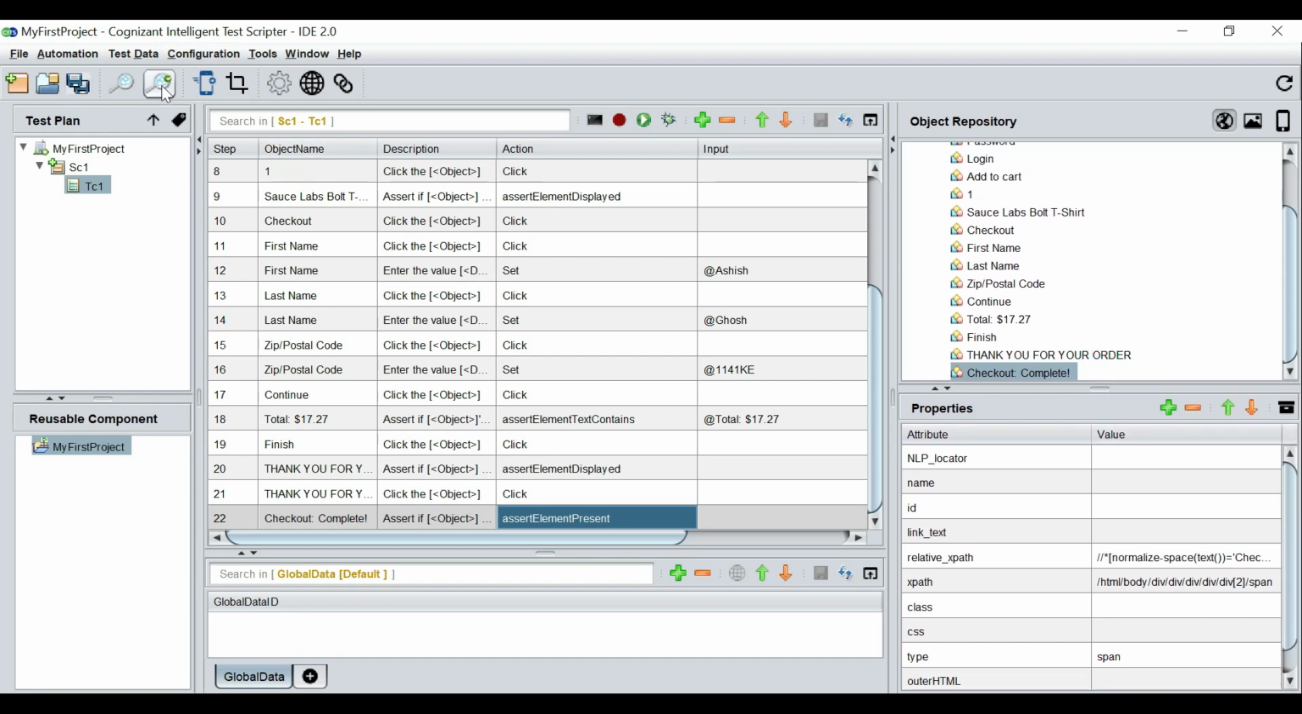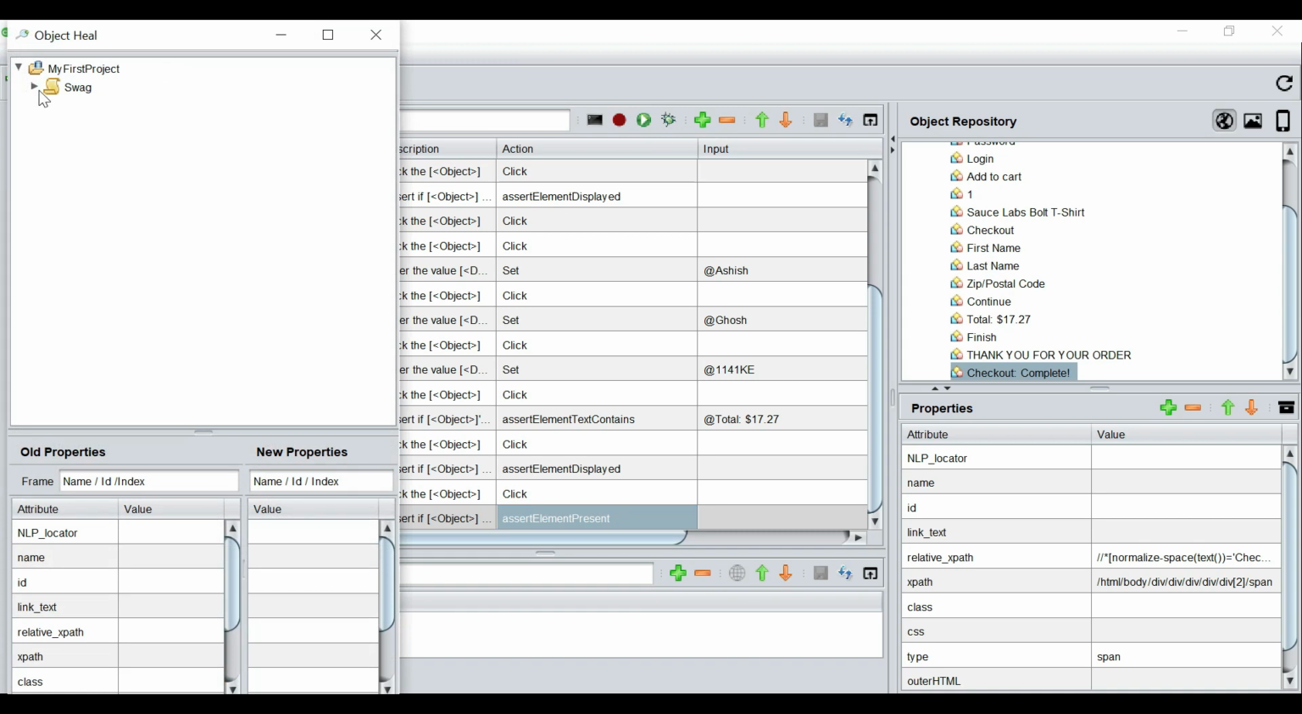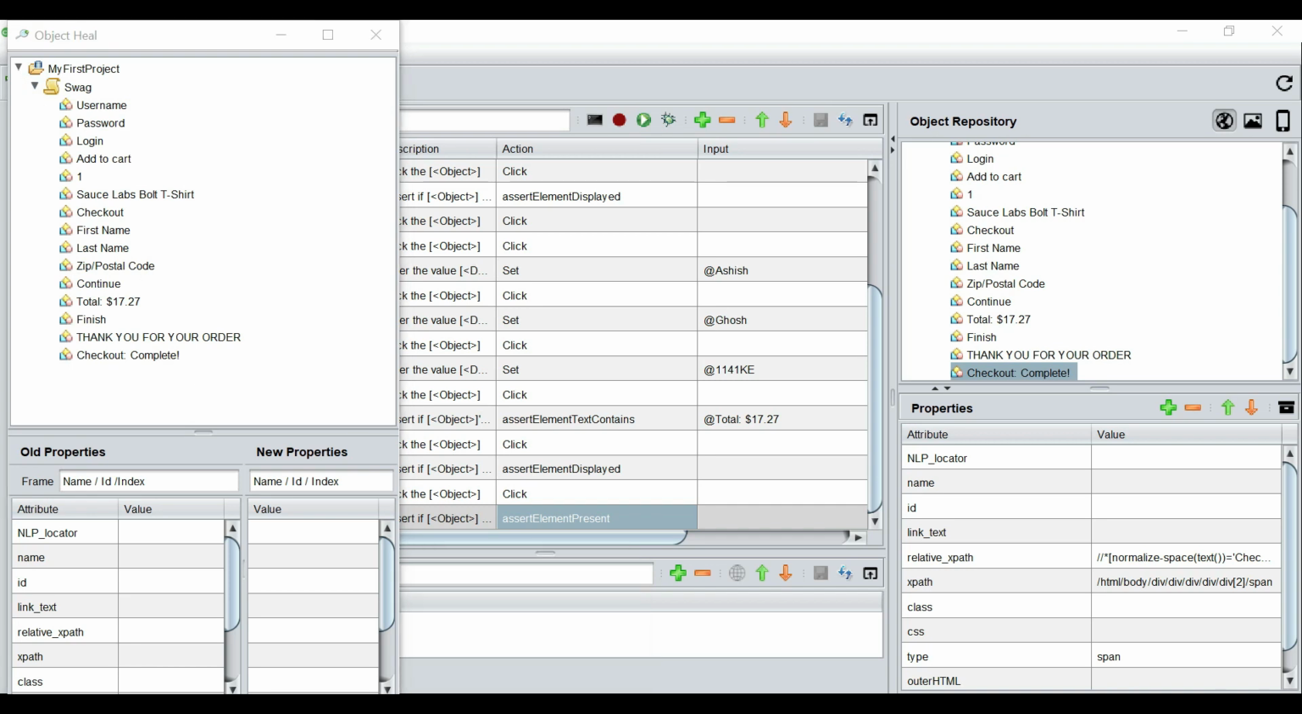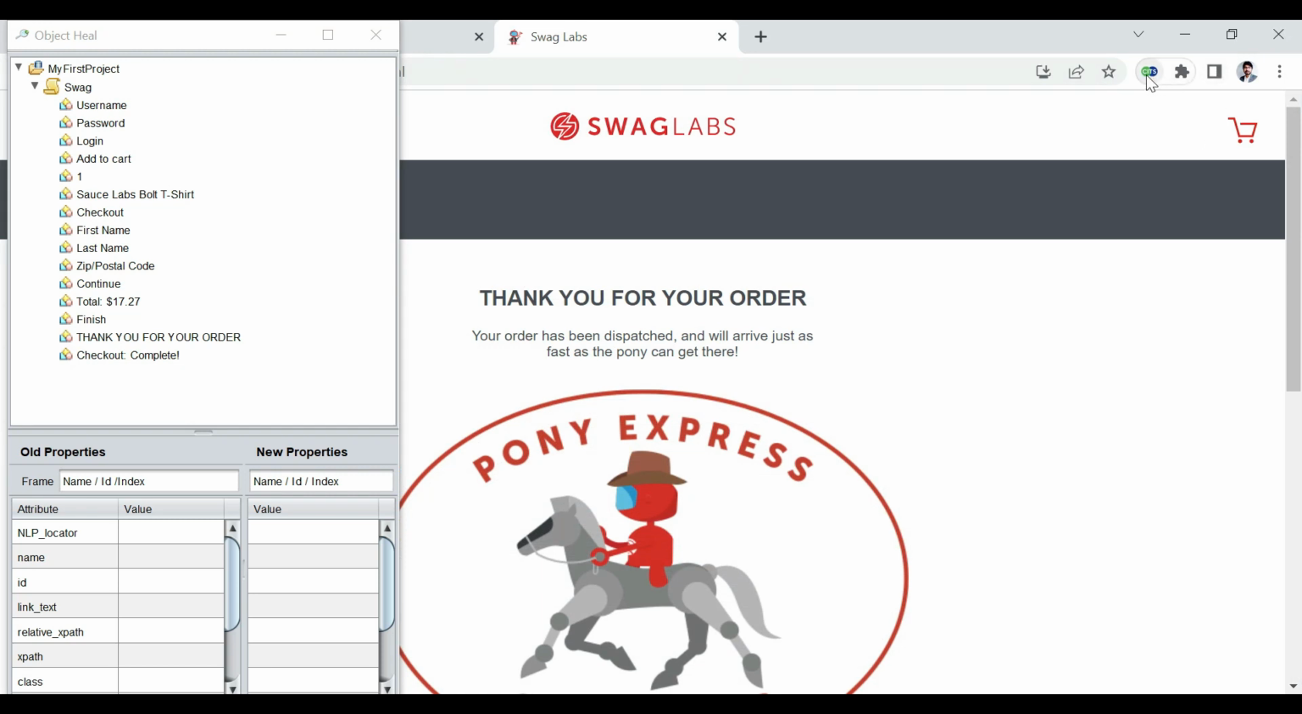Let's click on object heal. It opens up the same window like the object spy, which we saw some time back. And then let's go back to the application. Let's click on this extension. So this time it's a green H. A green H means it is in heal mode. If I click on the page,